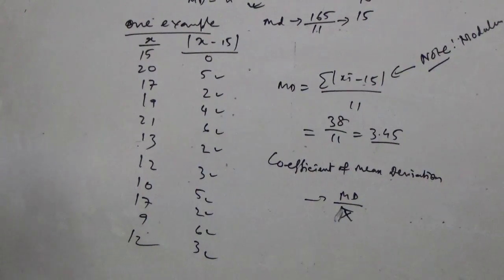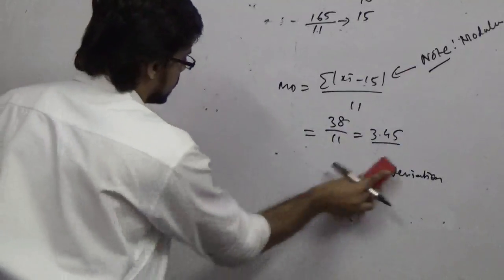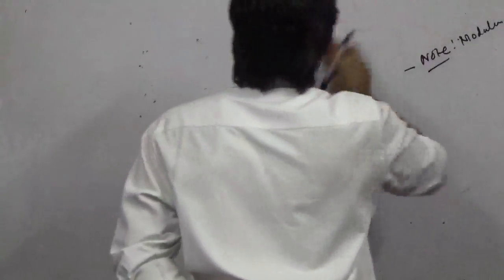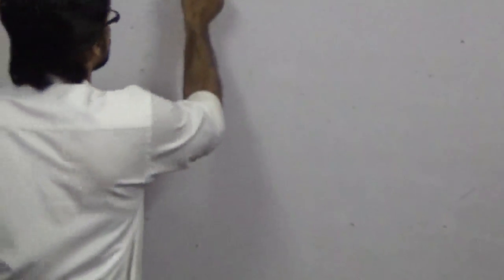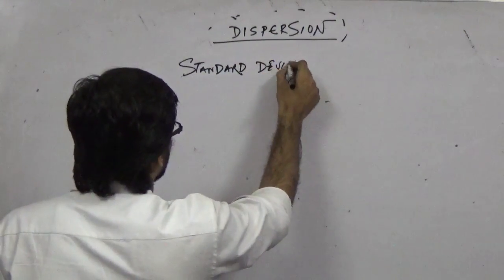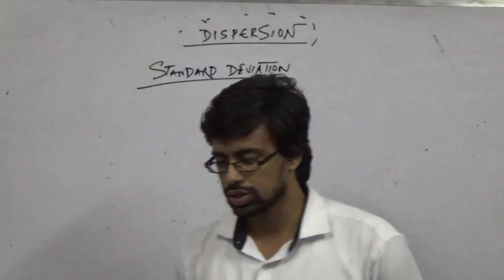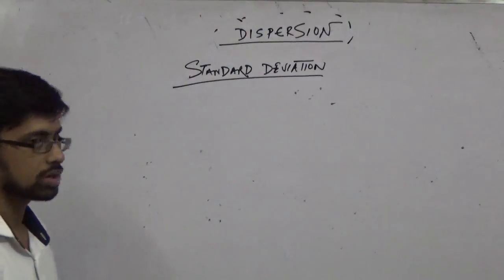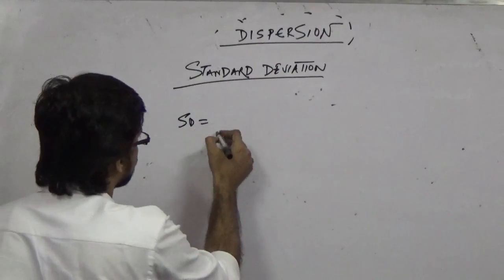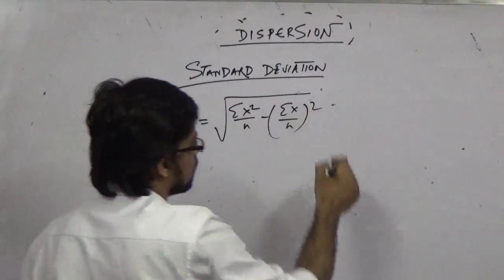Now coming to the next part, which is the most advanced and important segment for this calculation, that is called standard deviation. This one is called standard deviation. What is standard deviation? The standard deviation calculation is on the basis of this kind of structure, that is function of x by